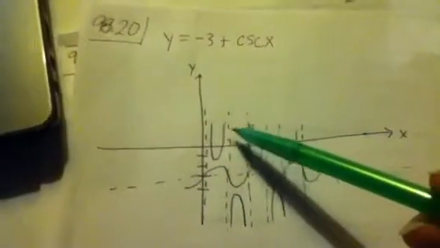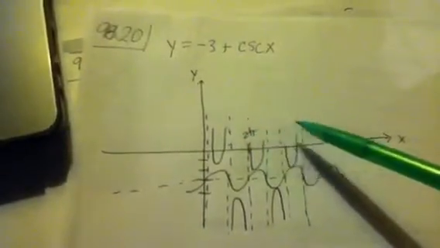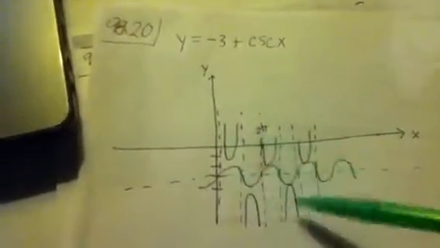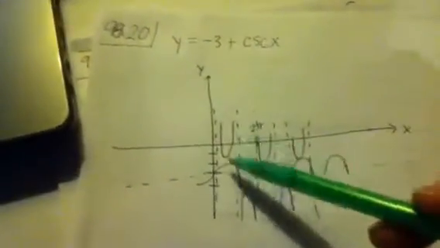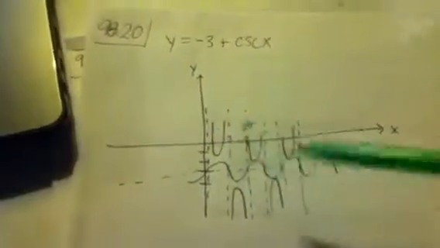If you want to, you can call that pi right there. You can go pi, 2 pi, 3 pi, 4 pi, like that, to make it more complete. There's my x-axis, y-axis. So anyway, what you do is you just graph sine, make the asymptotes, and then these